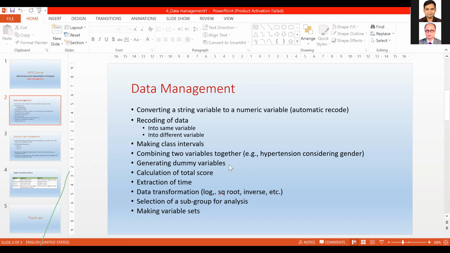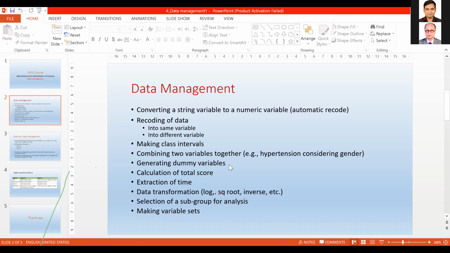Say Muslim, Hindu, Christian. So if we want to make several dummy variables, dummy means dichotomous variables of this variable religion, we need to do this for the analysis during